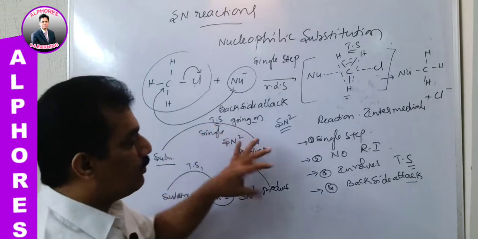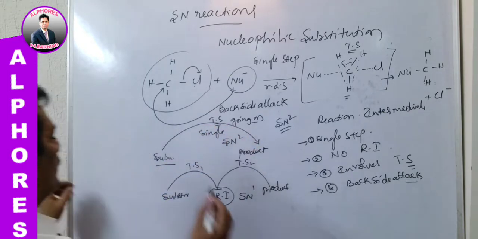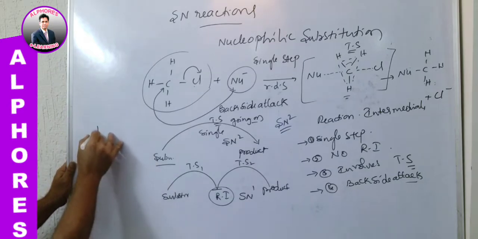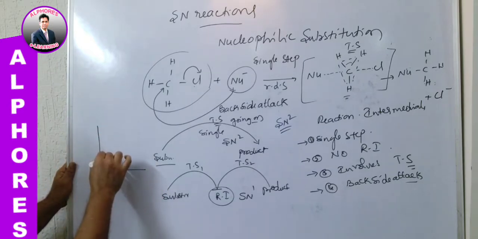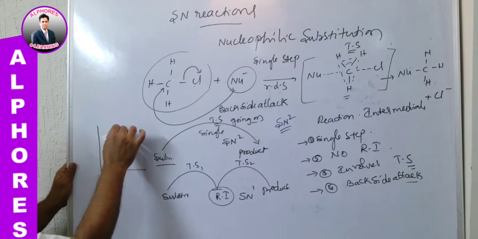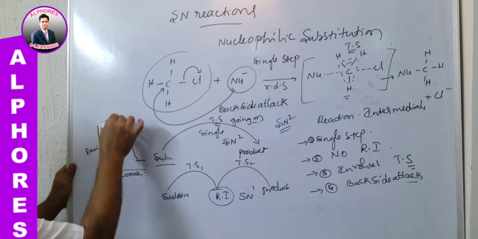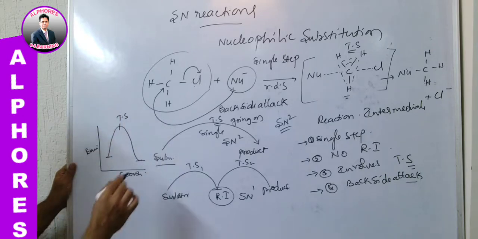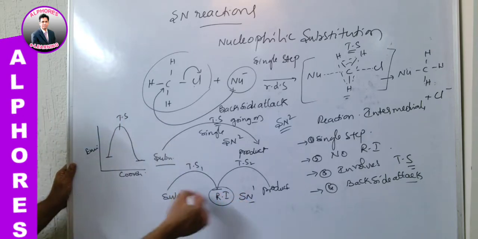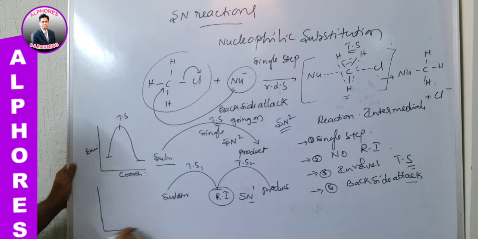Clear? Now if we consider the energy diagrams, they appear like this. The reactant starts its journey, reaches the threshold, and thereafter comes directly to product. The axes are energy and time coordinate. This is the transition state. And if it is SN1 with two steps, it will appear like this. Just observe, it comes up to a temporary state, which is the reaction intermediate. Again it goes, and now it comes to product.